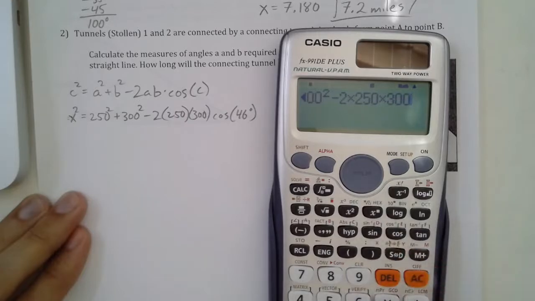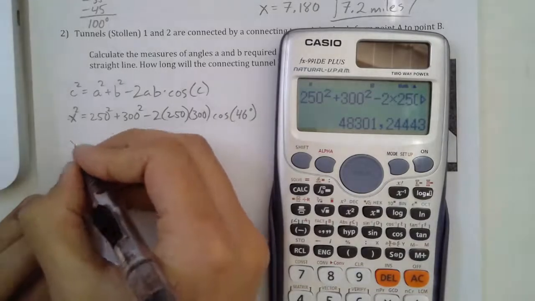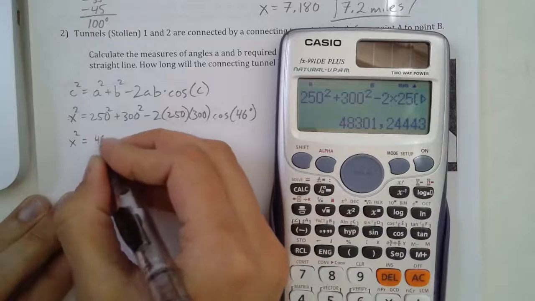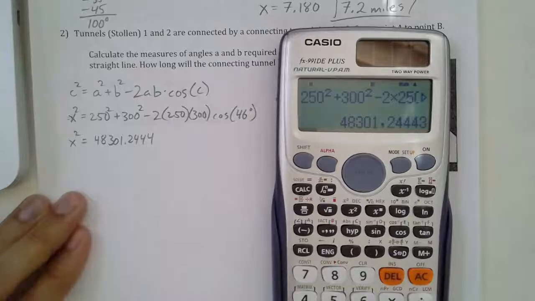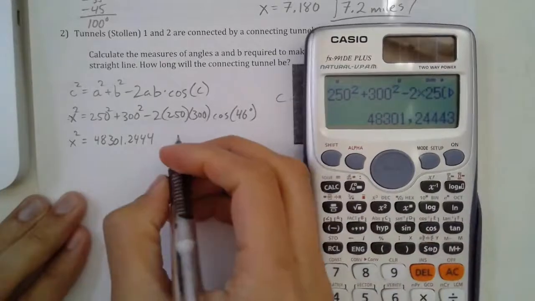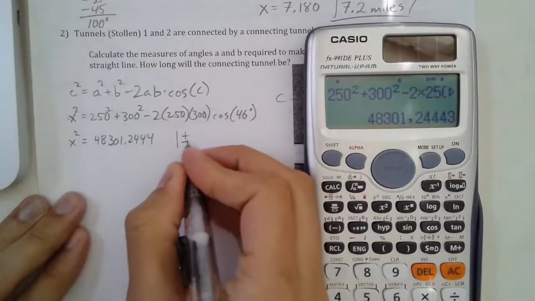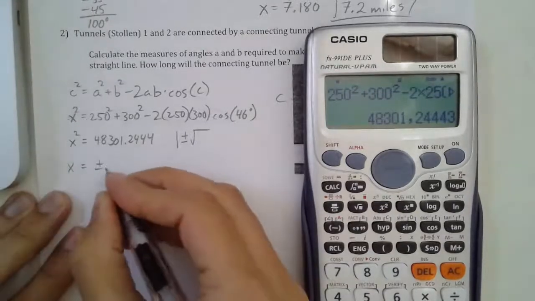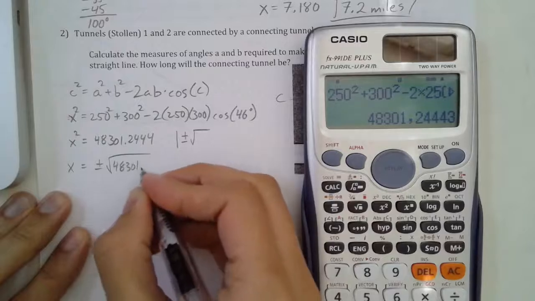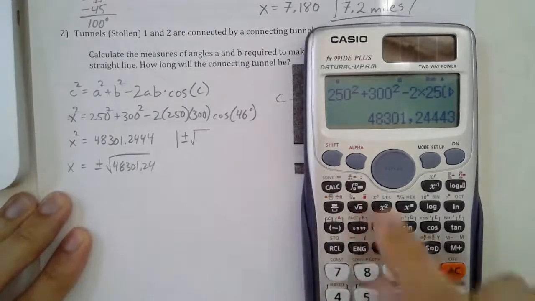This huge number. So I get x squared is equal to 48301.2444. Okay, and then it says to take the square root. So I'm going to take the square root, and I'm going to put plus and minus, even though I know I don't need the negative, but I just want you to get used to putting plus and minus, because that's what happens anytime you take the square root. And so I get x is equal to plus or minus the square root of this number. So I'm going to do that in the calculator: square root of the answer I just had. Boom! And I get x is equal to positive